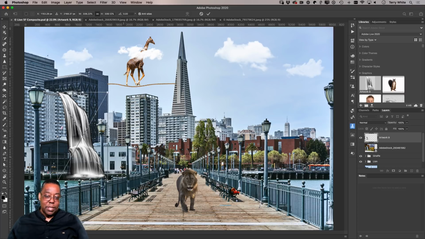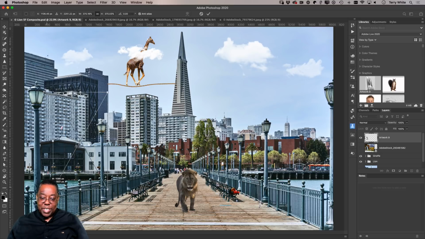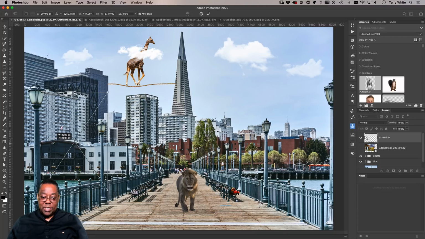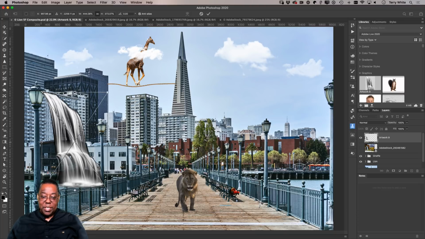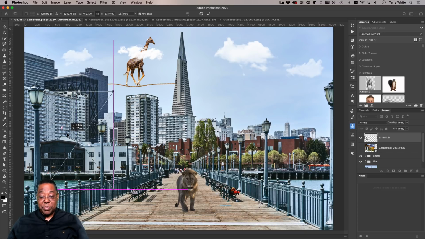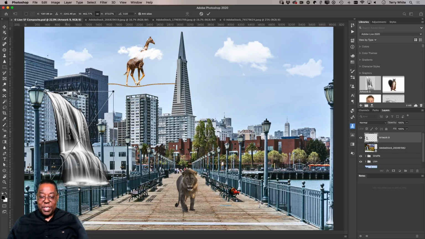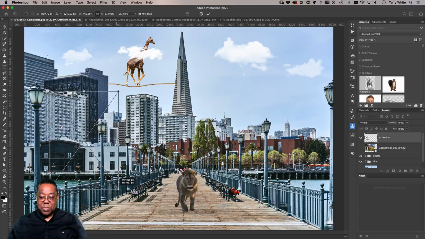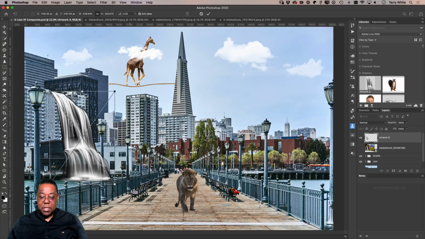Yeah, I like that. It's not the right color right now, but I kind of like where that's going. And because it's water, I don't have to worry about stretching it. So I'm on the shift key. Stretch it over a little bit. Otherwise, I don't have to worry about keeping the proportions or perspective. Perspective I have to worry about keeping, but not the proportions. And maybe a little smaller. Yeah,